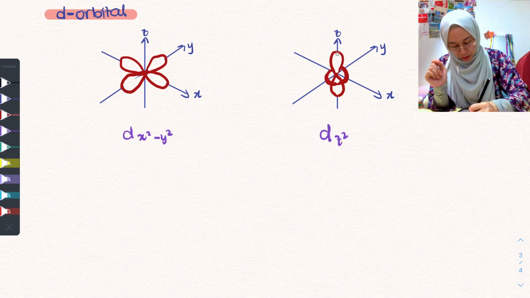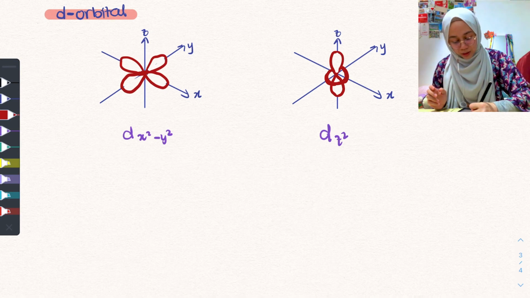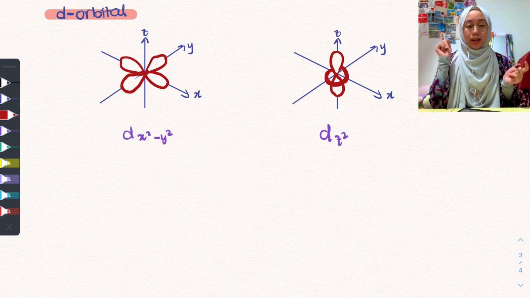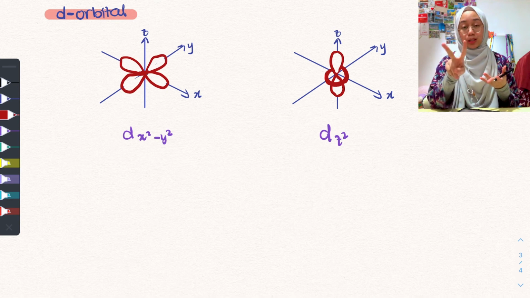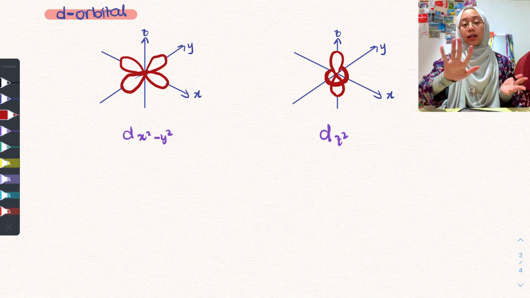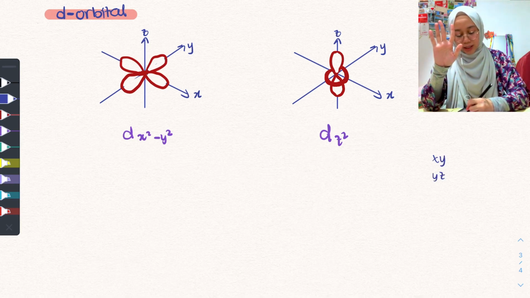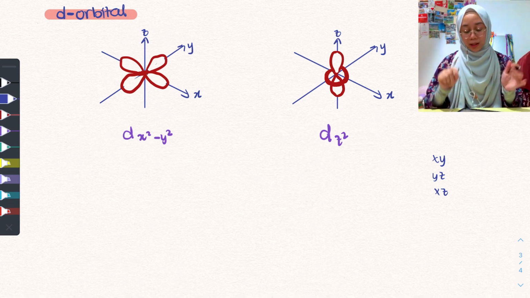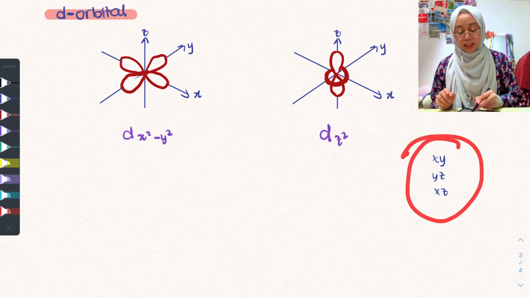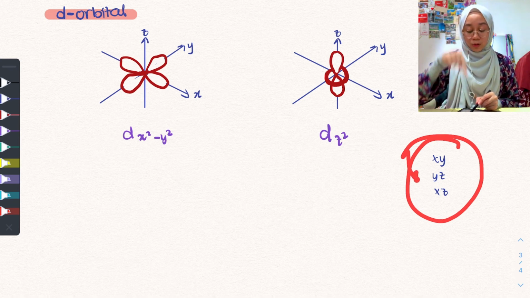Okay, alright, so now you have your dz squared. Okay, so yang ni very simple lah. But the next one adalah the one yang ada 2 huruf je tu, without the z, without the square. Okay, so tips dia adalah kita nak buat apa tadi? Kita ada xy, kita ada yz, kita ada xz. Okay, so tips untuk lukis d orbital yang involve 3 orientation ni adalah kamu lukis dahulu axis untuk yang involve